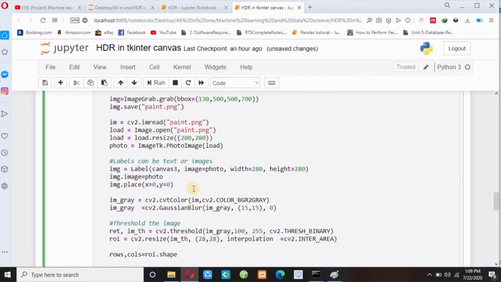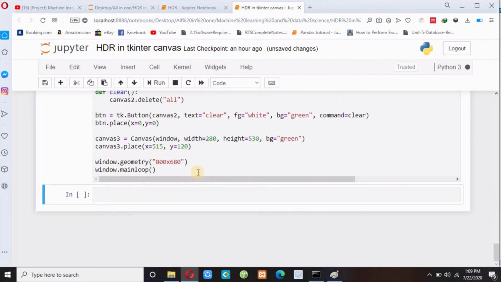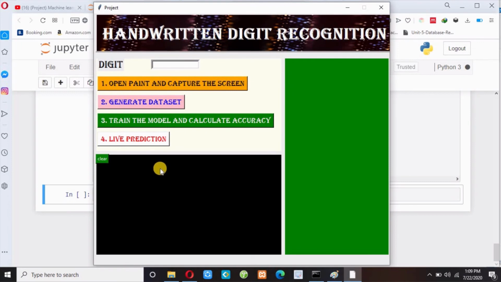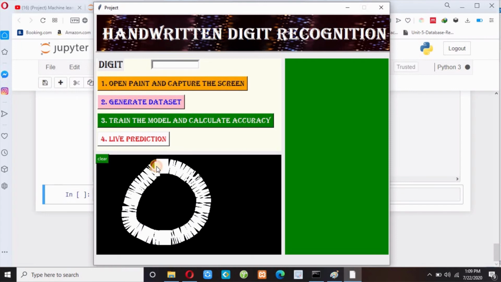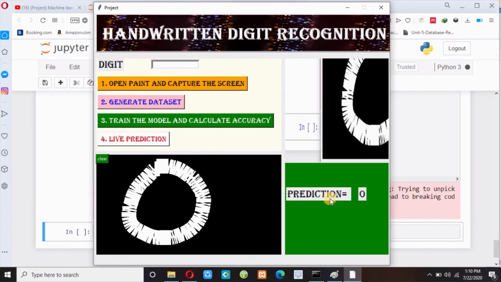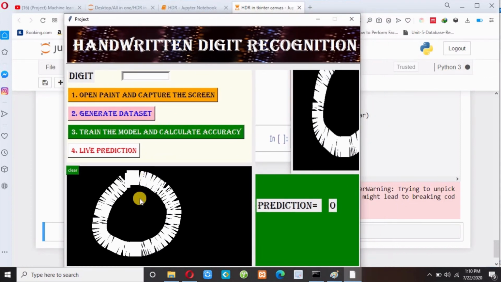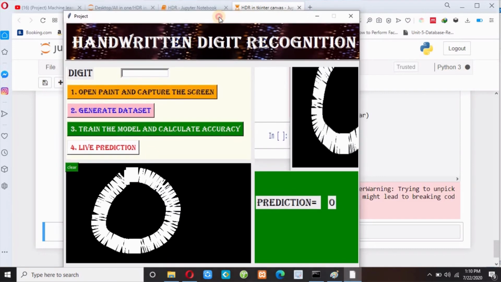Okay, now if I execute this code, this is my handwritten digit recognition Tkinter canvas. If I draw, suppose, 0 here, and if I click live prediction, you can see here it predicts my image as 0. But I have to place this Tkinter canvas over here. I need to change my coordinate of bbox, but let me put my Tkinter canvas over here,